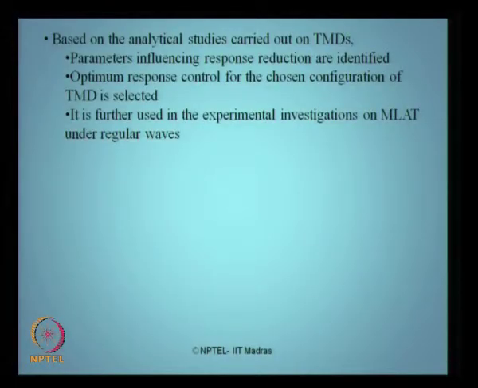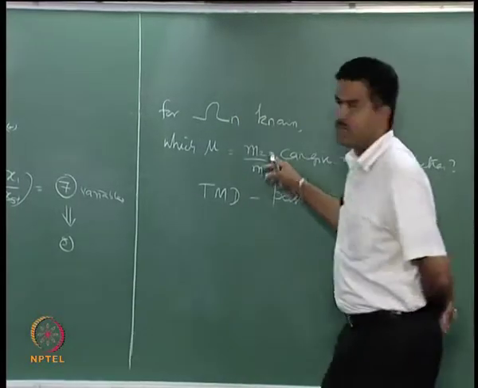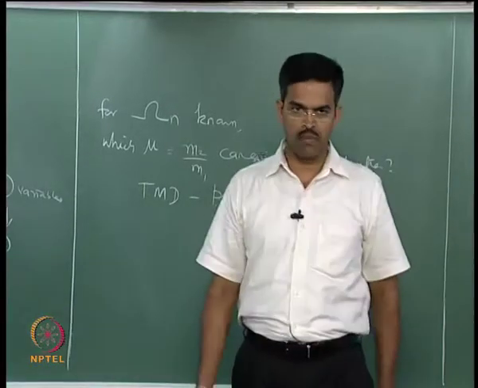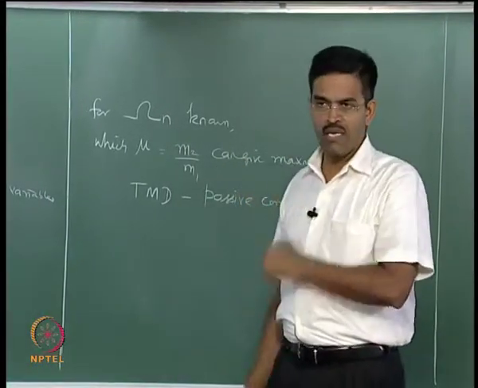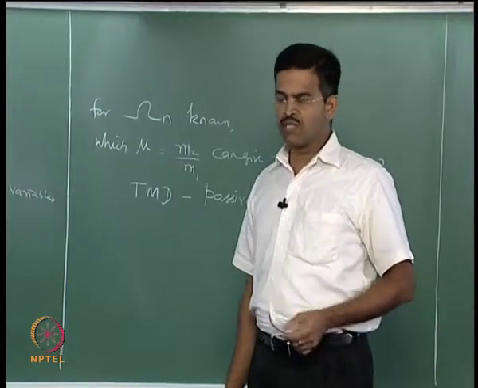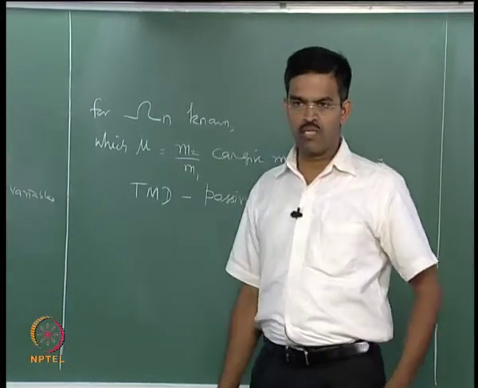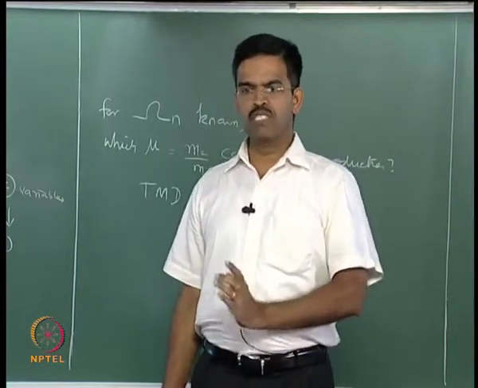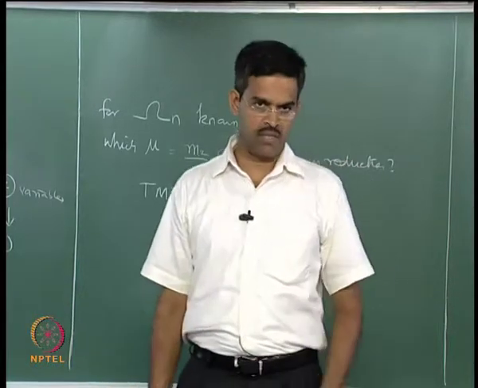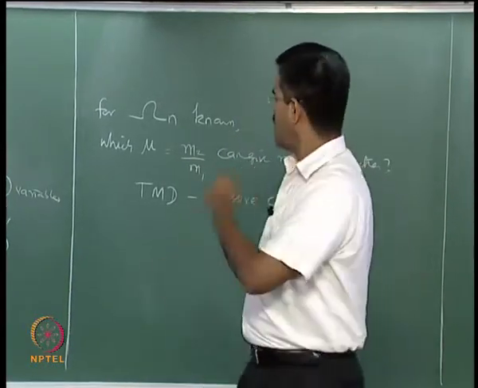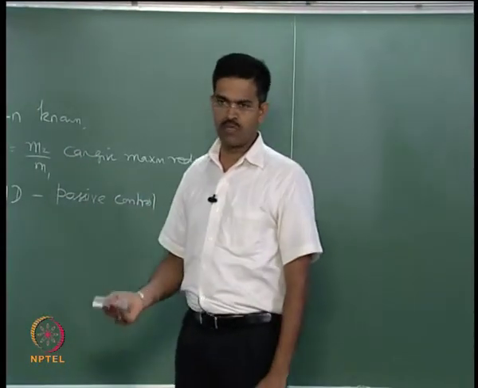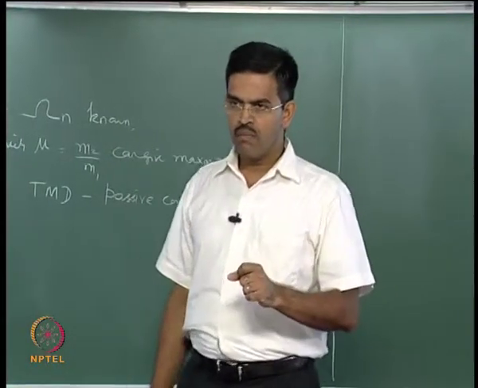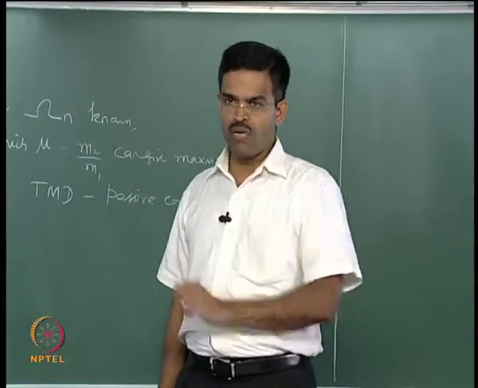It is very interesting because this study cannot be done experimentally, because I cannot tune the mass m2 versus m1 experimentally, because I may damage the primary model. So, I do it analytically, then select these ratios, because analytically I understand from the previous curve I showed you that when I attach a secondary mass to the primary system, my response is getting shifted from the resonant band. It means I am saving the primary structure, it is not resonating at all. So, now I can try with different mass ratios, find out the response control and verify it experimentally to see which is the feasible tuned mass that can be deployed for the specific system.